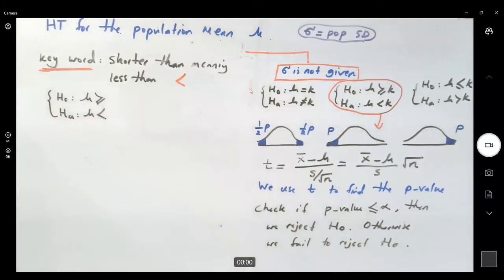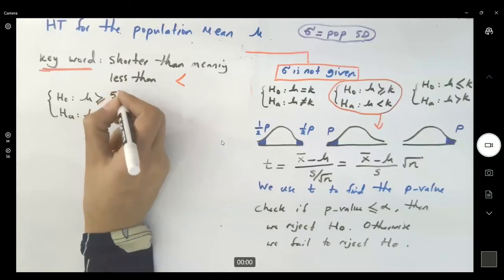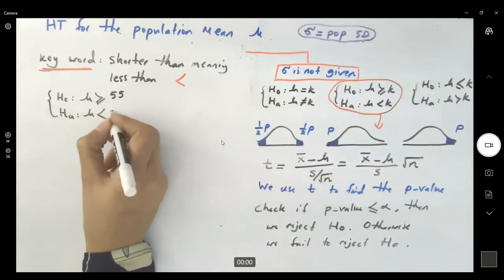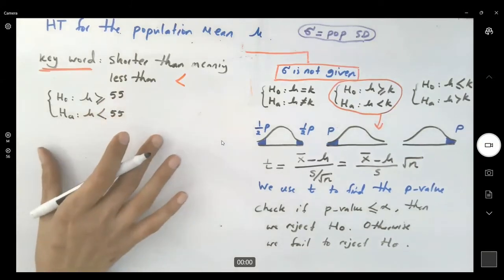Less than what? Take a look at this. Less than, shorter than the average battery lifespan of the current brand. The current brand lasts for 55 hours. Okay, so larger than or equal to 55, less than 55. Very good. So far,